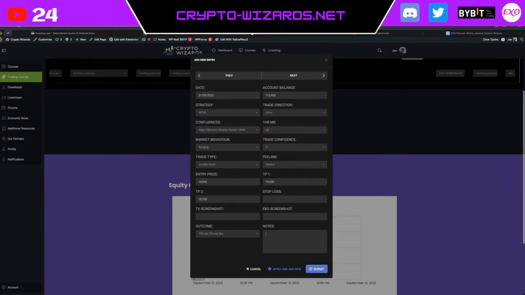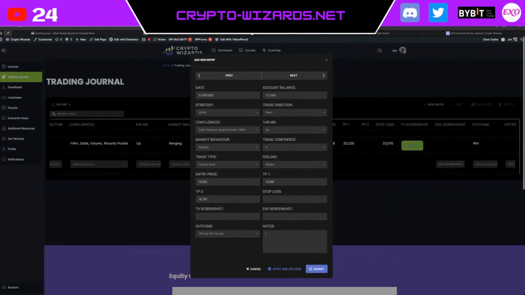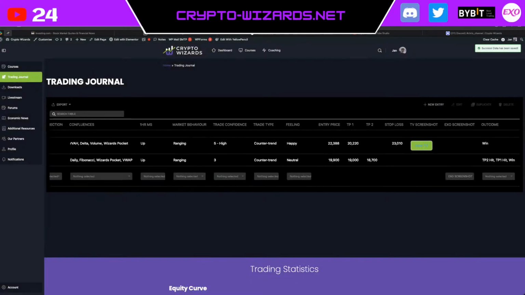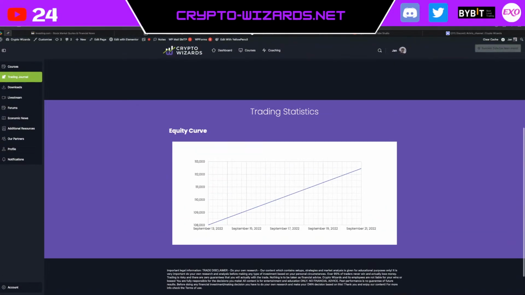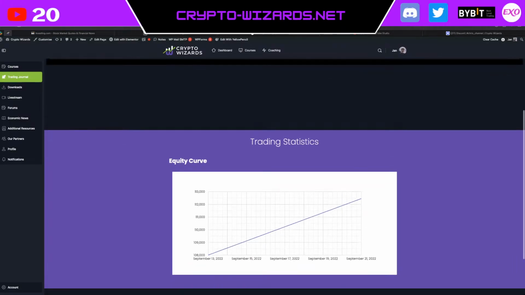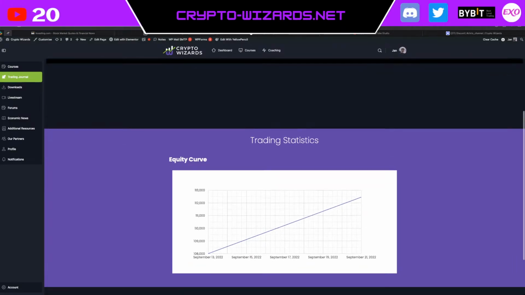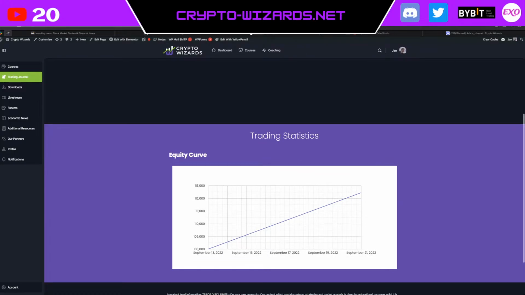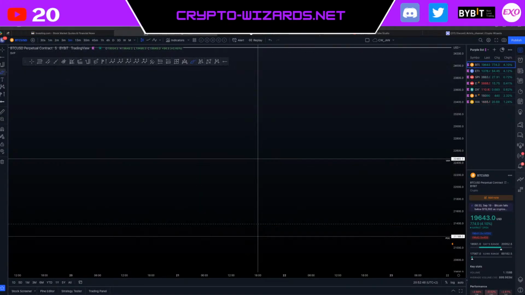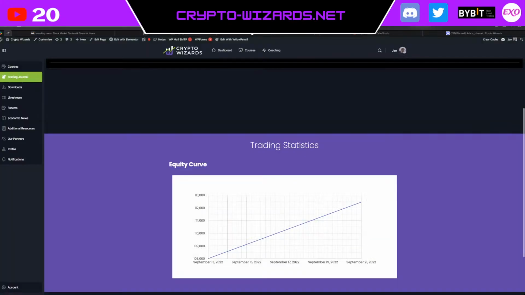You can write down some notes. And you're going to click on submit, and you have a new position. You see your equity curve. Sorry, I'm tired already, and I'm not a fluent speaker. I'm from Czech Republic, but you have your equity curve here. So exactly the thing that I was explaining on TradingView. It's not going to look like this, but you will have ups and downs.